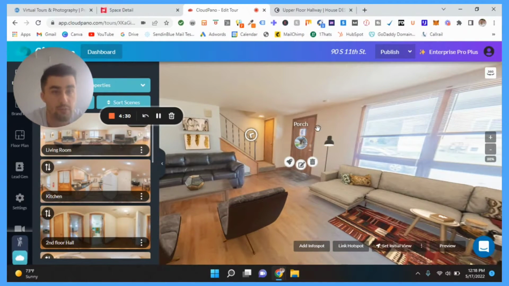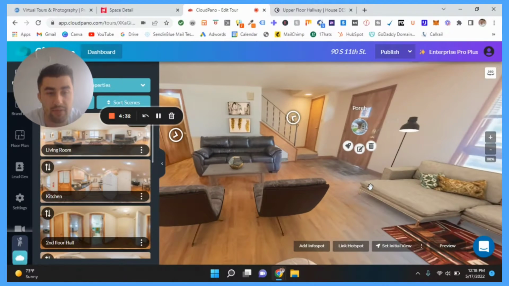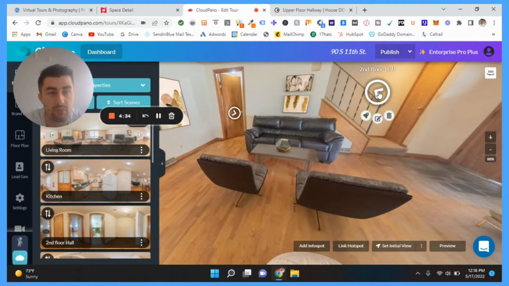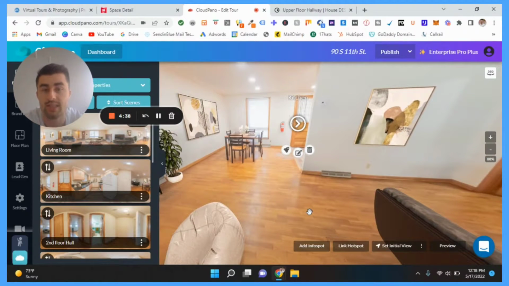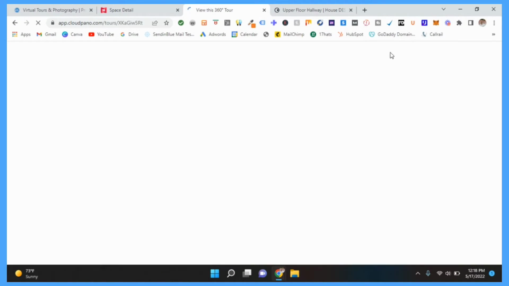You can actually, well, here we go. We can check out the porch. You can click that right there. And then you can walk up and you can really, at the end of the day, because these are manually stitched panos, you can check out the pathway through the entire unit, which is really nice. And so if I were to publish this, which I'll show you guys here in a second,